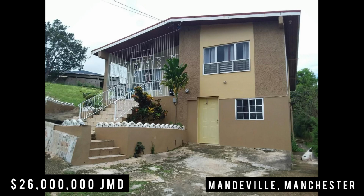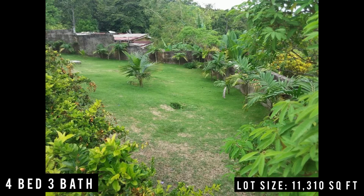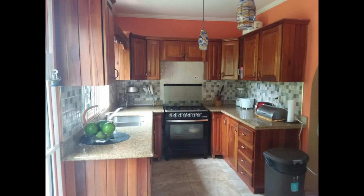Let's jump on over to Mandeville, Manchester to view this lovely $26 million property. All right, guys, this is a 4 bedroom, 3 bathroom, 2-story house. All right, and it's listed for 26 million Jamaican dollars or US $168,930 or £129,405. Now this one sits on a large spacious lot size of